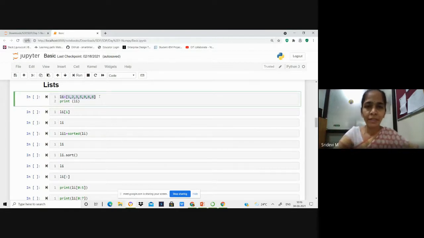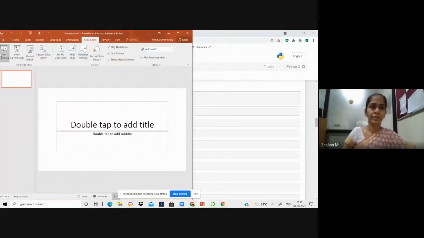In order to create a list, you can just give the declaration for the variable. Rather than declaration, we can say assign some value to the list variable directly. So when we give li equal to some list of numbers, the entire list will be saved in the li variable. So I'll try to explain this with an example.